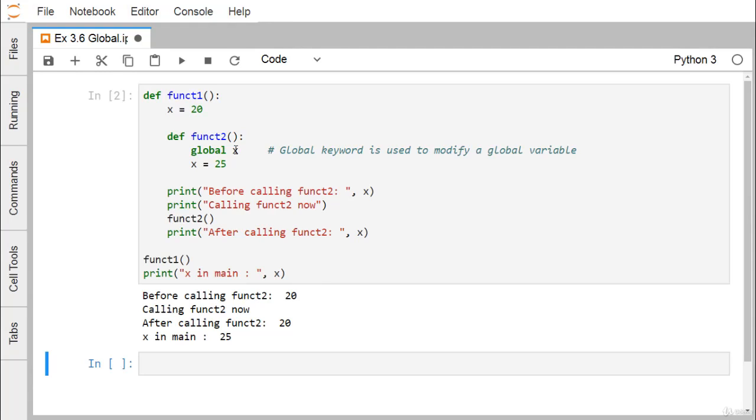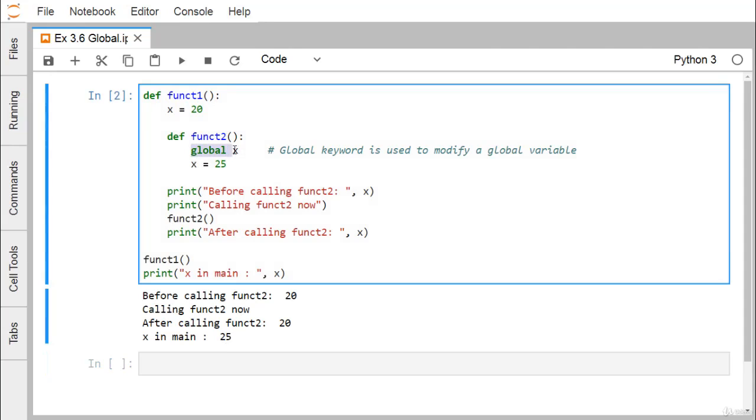So if we want to print the global x, then after calling function 1, we can directly print this x, because it has the global scope. That means it is not within function 2 or function 1, it is outside of them. Whenever you print the value of x from outside of function 1, we get the value 25. I think you are getting this idea. With global x, we are defining a variable x which has the global scope, and that global variable gets initialized with the value 25 here.